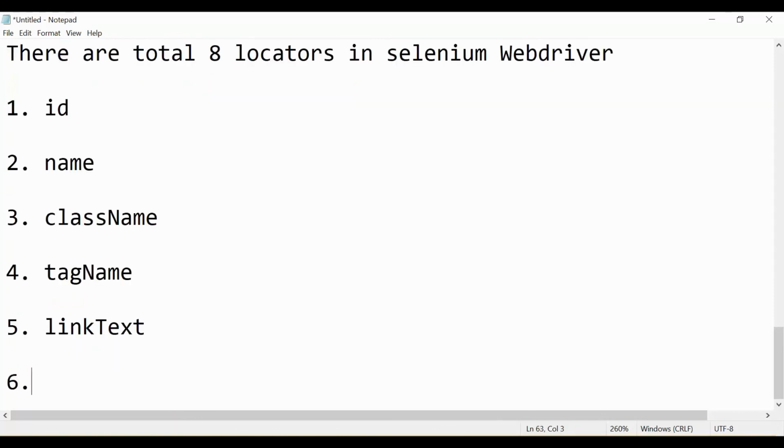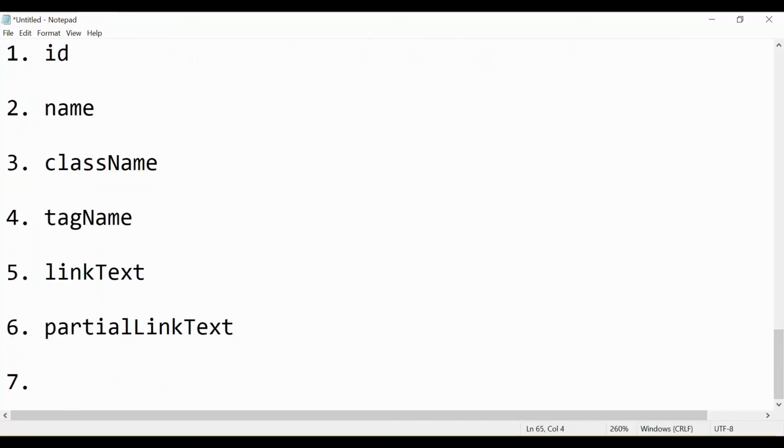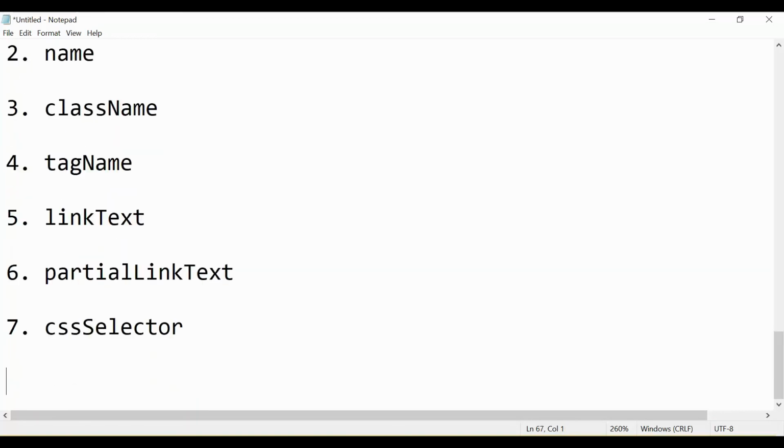The sixth one is very similar, partial link text. Then seventh, CSS selector, and the eighth one is XPath.